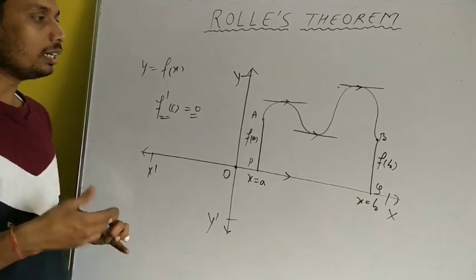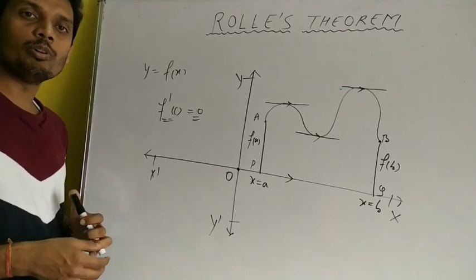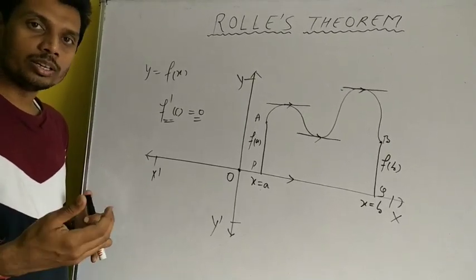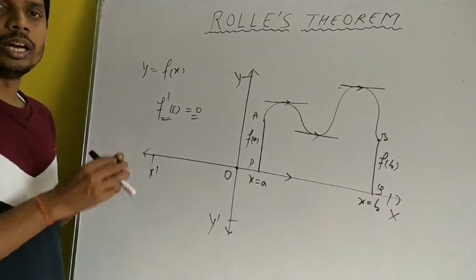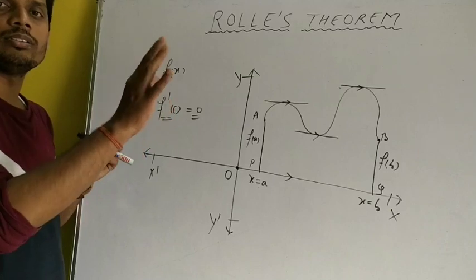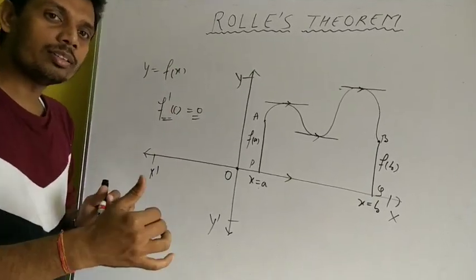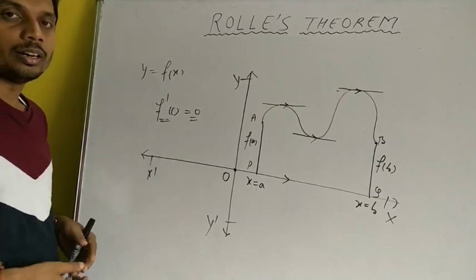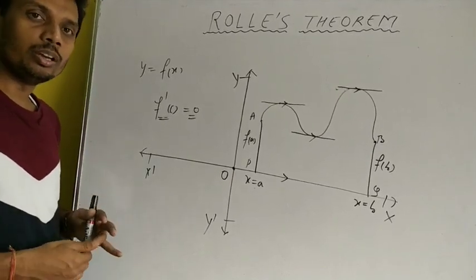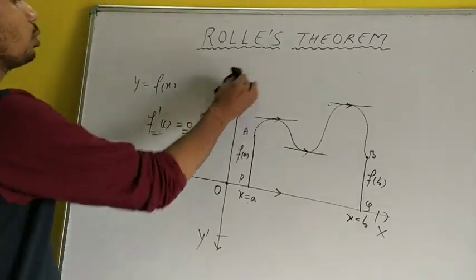Now we will understand this with the help of one numerical. Now see what type of numericals are asked in your CBSE exam. Some functions might be given, that y is equal to f(x) is defined on this interval, and you have to verify Rolle's theorem. So how will we verify? Let us understand in a better way with the help of one numerical. Now see the question.